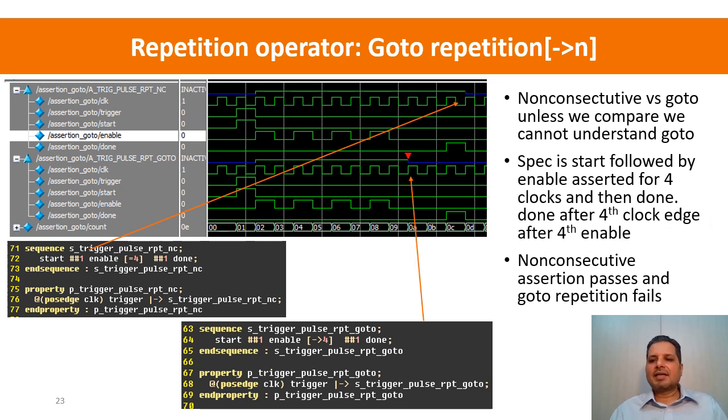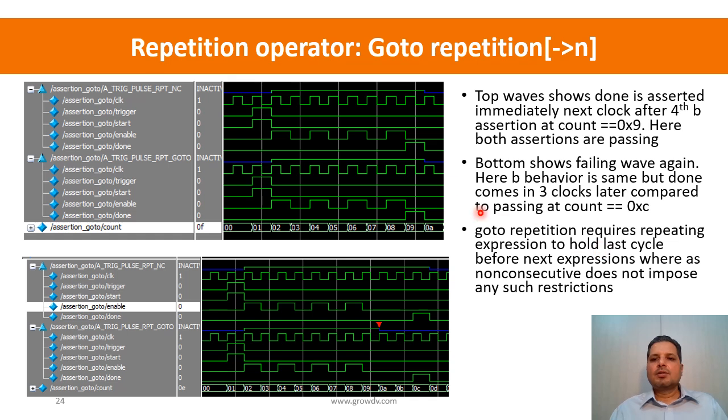Now let's look at a passing condition. Here we have provided a waveform where the go to repetition has passed at the top, and the bottom waveform is the same one as we had seen in the previous slide. I just kept it for the sake of quick comparison. So here we are again applying the waveform to both the assertions, the non-consecutive repetition as well as the go to repetition. At this point both assertions have started because the antecedent condition has been met. We have had a trigger as well as the start coming in, and then we have had a 4